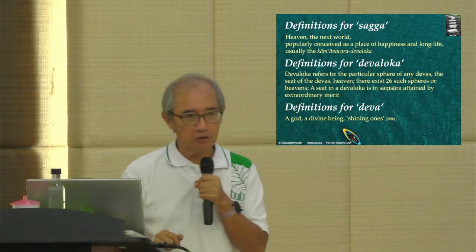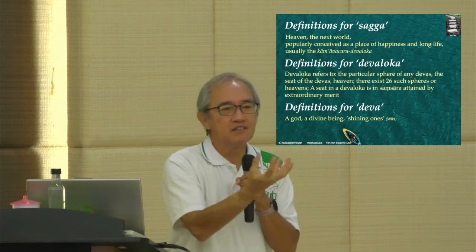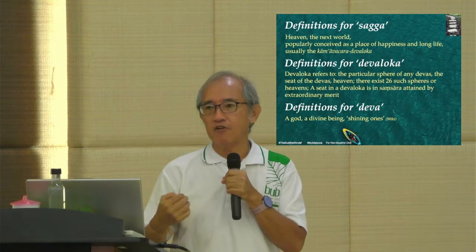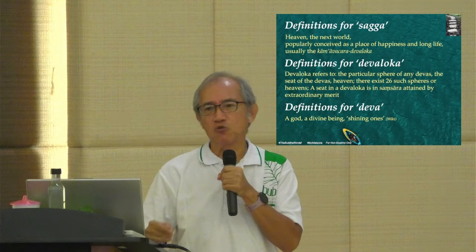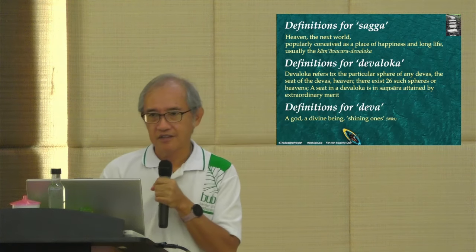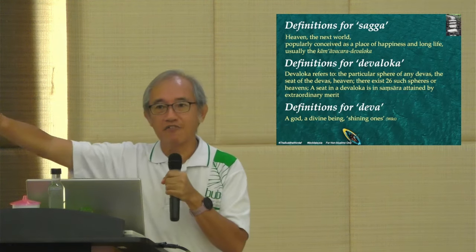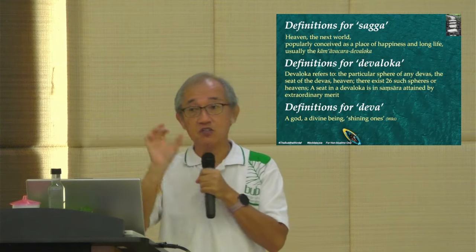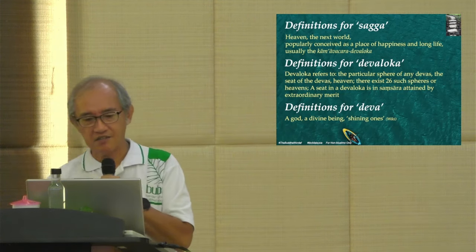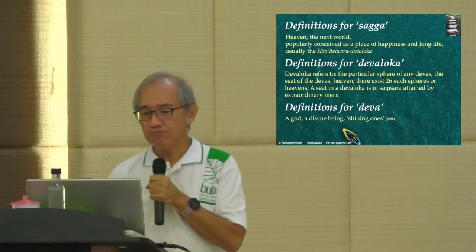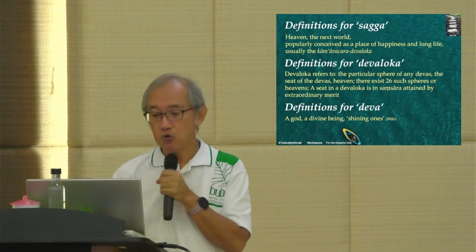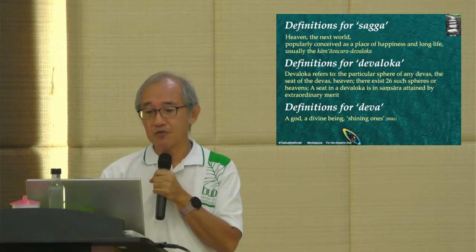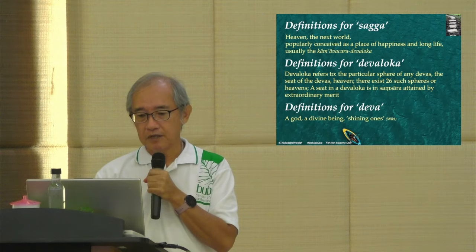Here, we are not talking about God. We are trying to find a word nearest in English. And therefore, in most of my Dhamma sharings, I don't like to use the word God. I prefer to use the original word Deva, and I try to explain the word Deva. So the Pali word is called Deva because of certain characteristics. So a divine being, they are also known as shining ones. Why are they called shining ones? Well,